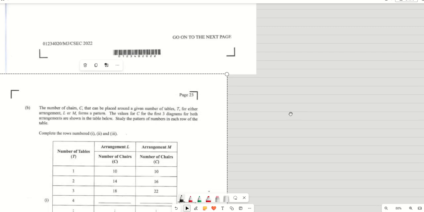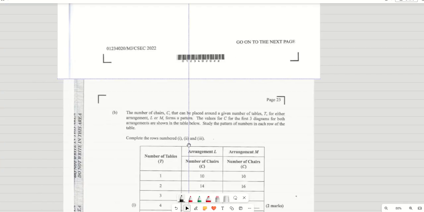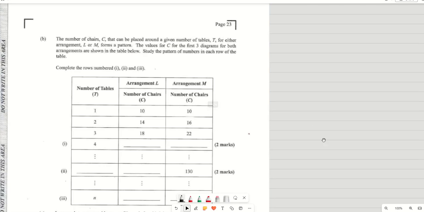Let's go to this question now. Right. So if we look at this question, they said that the number of chairs C that can be placed around the given number of tables T for either arrangement L or M form a pattern. The numbers for C for the first 3 diagrams for both arrangements are shown in the table. Study the pattern in each row of the table. Now, this is for